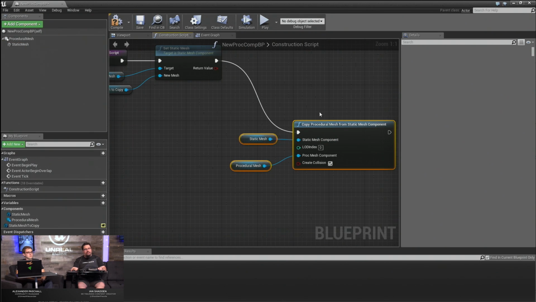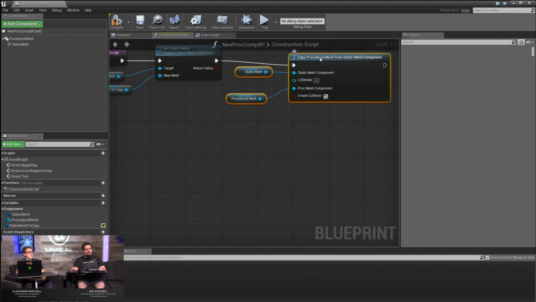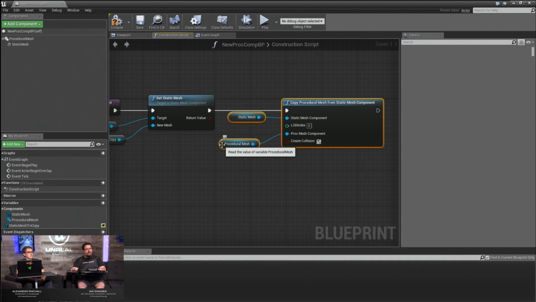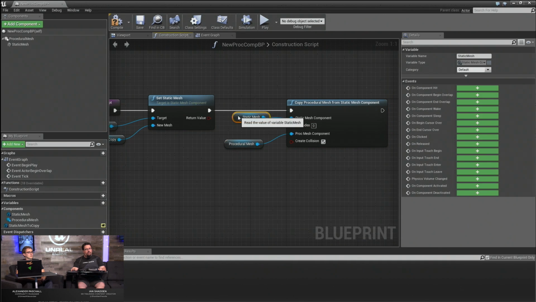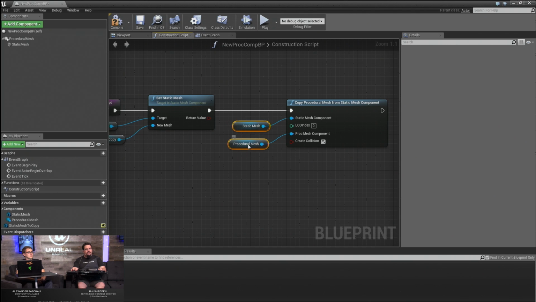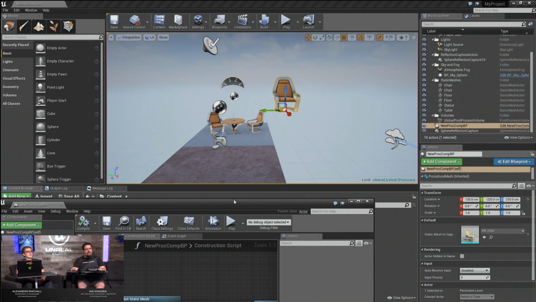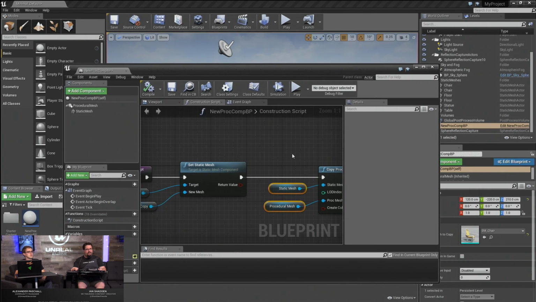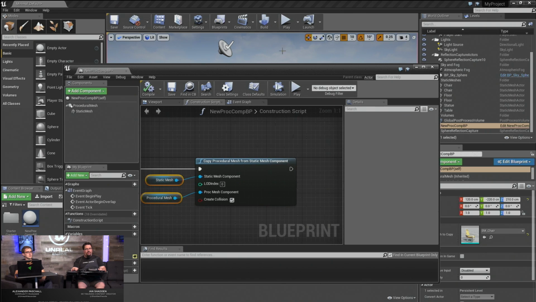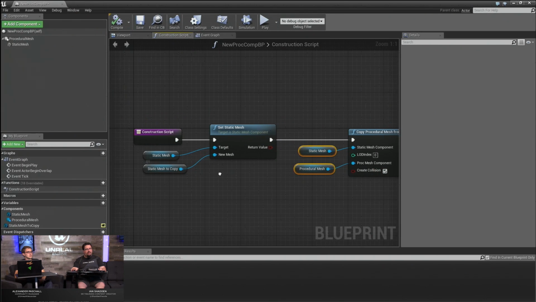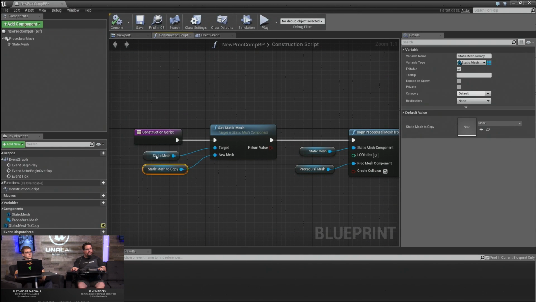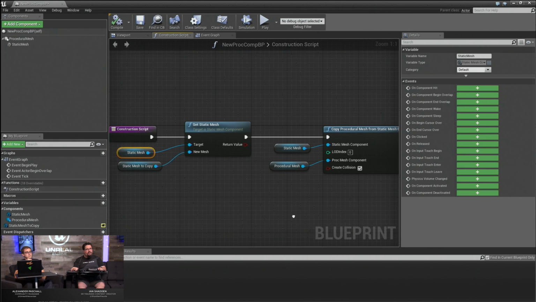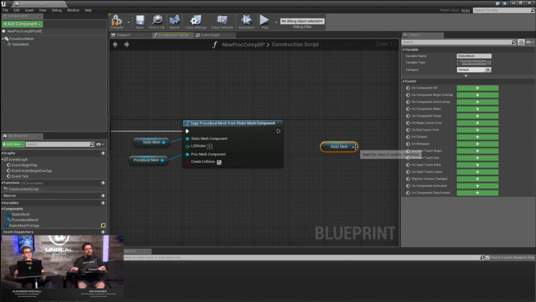Yep. Now, here's what's going to be really weird. I'm going to hit compile, and it's going to appear that nothing has happened. And actually, nothing has happened. There's two chairs kind of stacked up. No, there's actually only one chair set up. A copy of it? Oh, no, see, we're skipping a step. I'm going to show you how to find this. So I'm going to take our static mesh here, and we're going to destroy